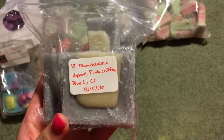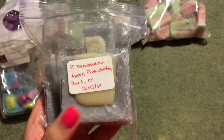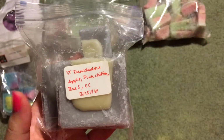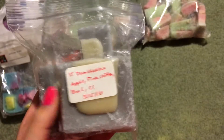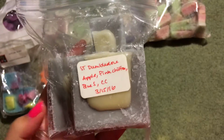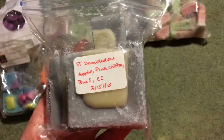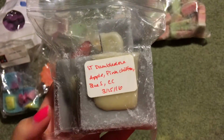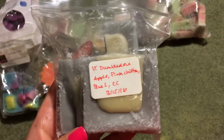And I have to say, not my favorite. A lot of times when she does her blends, she'll say apple, but she doesn't always say Mac apple, and then I get it and I realize it's a Mac apple, and I'm just like, oh goddamn, because I don't like Mac apple. So sometimes she lists that it's a Mac apple, or sometimes she'll just say apple, and I'll think it's not Mac apple, and I get it and it's most definitely Mac apple, and I get really, really